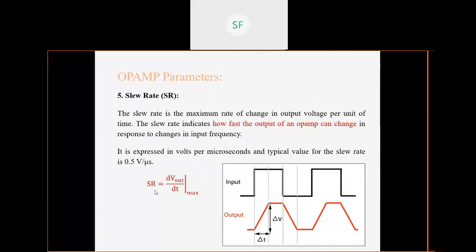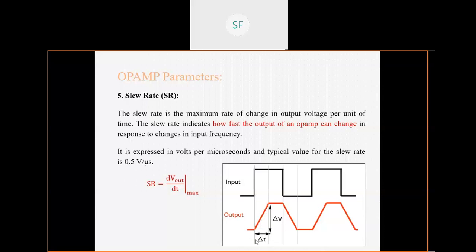So listen, slew rate is nothing but this particular formula. The numerator will be associated with the change in output voltage and the denominator will be associated with time. We have seen what slew rate actually is. When input changes suddenly from 0 to 5 volt, you want an instantaneous change at the output too, right? But what happens at the output? It will take some time to rise from 0 volt to 5 volt, let's say. So this time is nothing but delta t.